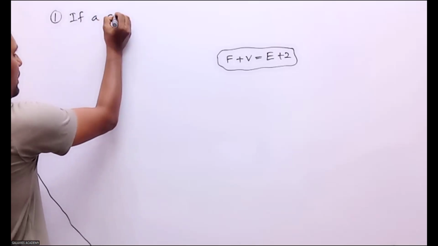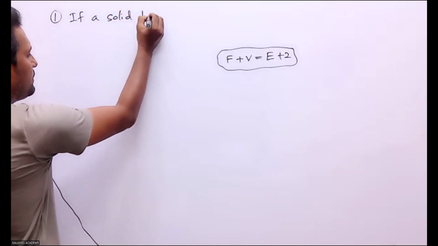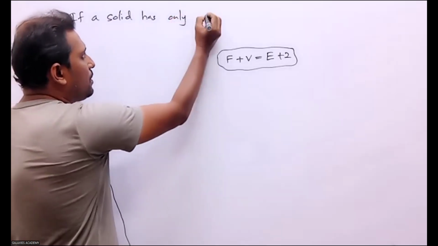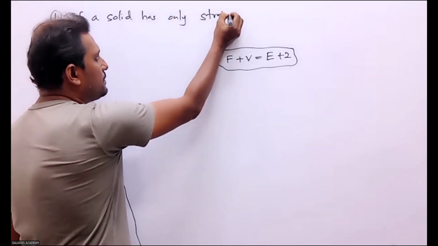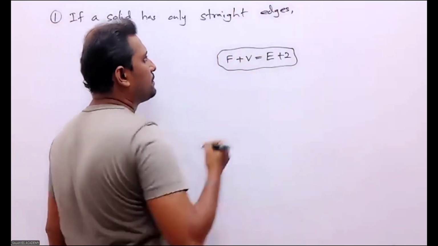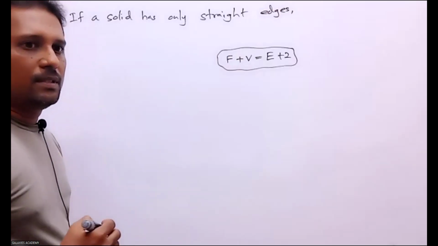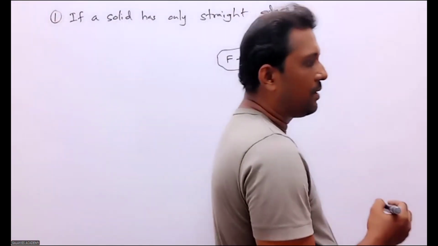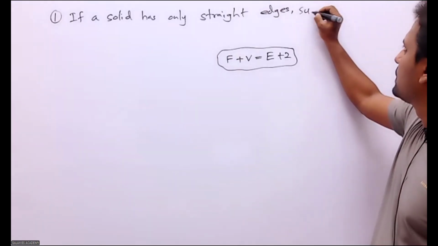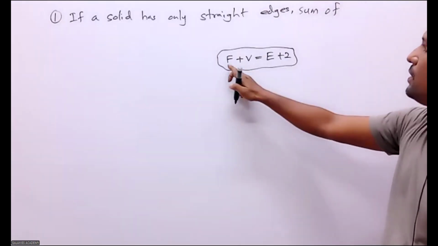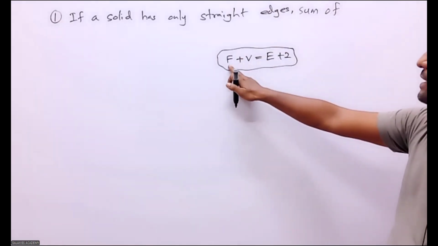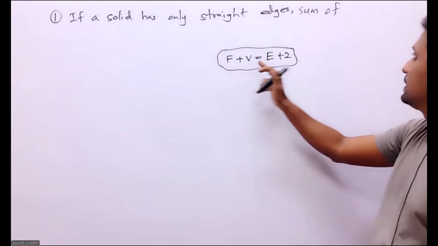If a solid has only straight edges, sum of these two, right? Sum of number of faces and number of vertices,